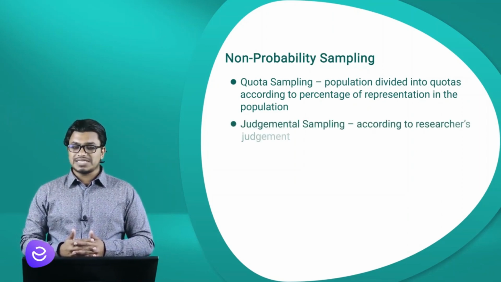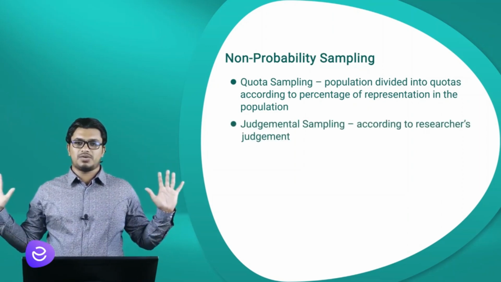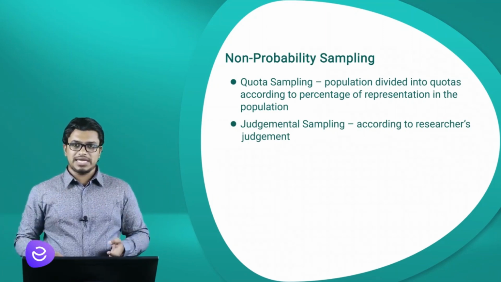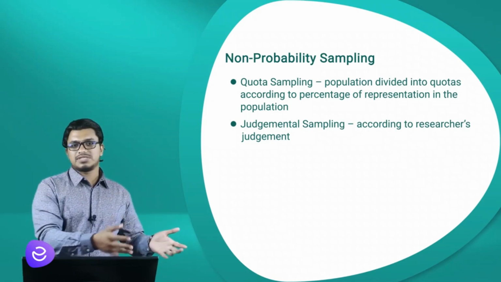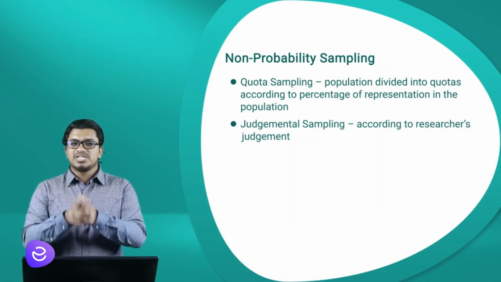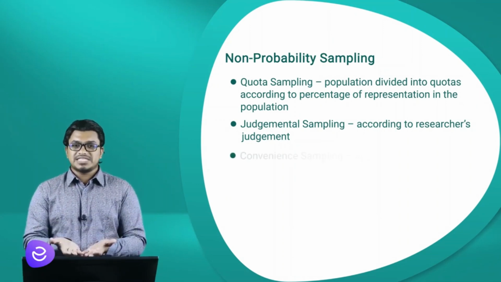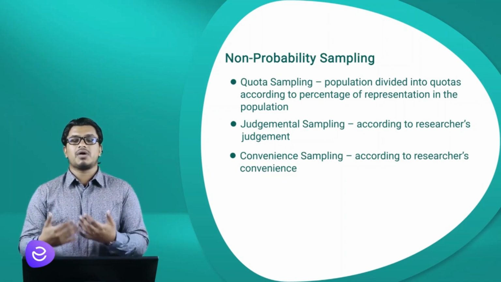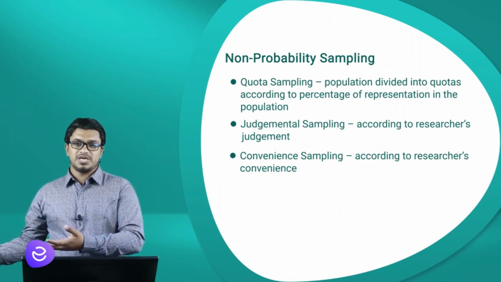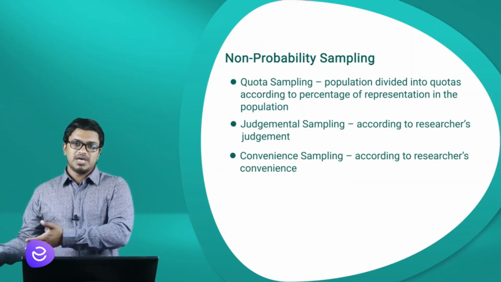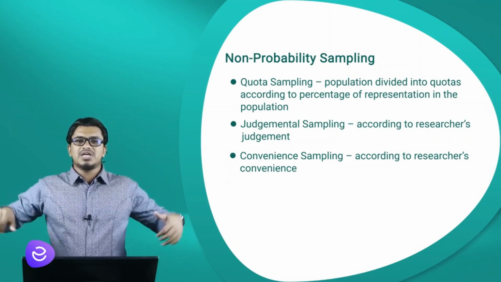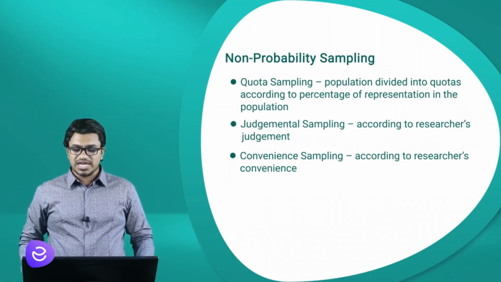Next one is judgmental sampling, which is according to the judgment of the researcher. If he feels that a person is good as a sample, he can take it. If he feels that this person is not good for a sample, he can avoid it. So it is according to the judgment of the researcher, which is called judgmental sampling. Next one is convenience sampling, which is according to the convenience of the researcher. This person is near to me, so it's convenient to ask him. This person is also near to me, it's convenient to ask her. So according to the convenience of the researcher, he or she can choose the